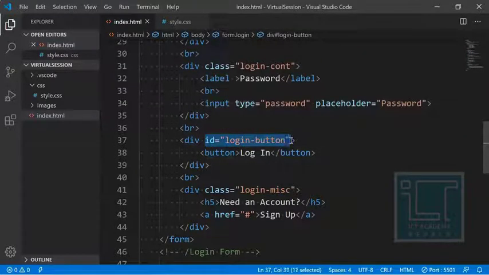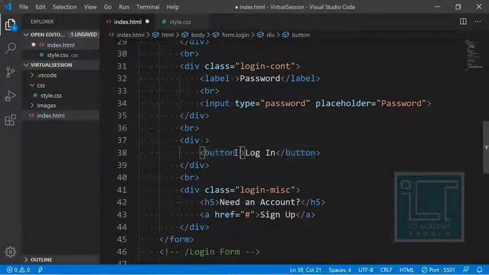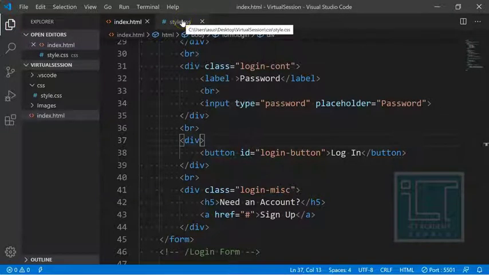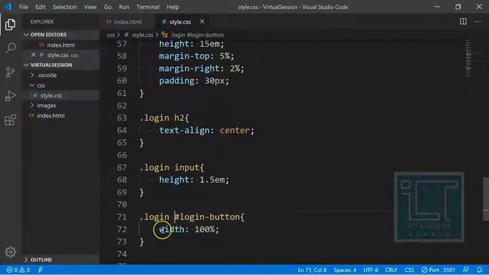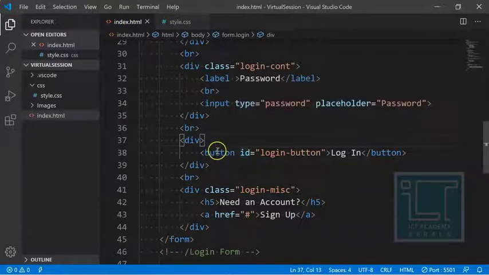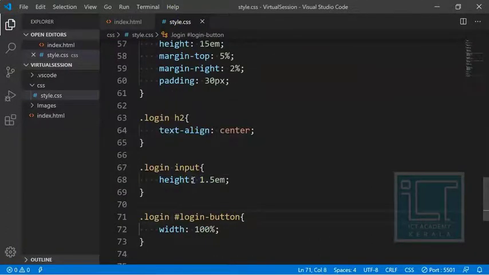If you call the ID of the div, it will apply directly to the div and not to the button. So if you want to give any special styling only for special buttons, we give a special ID for the button. So we are giving the ID equal to login button for the button only. Now let's see whether it's working or not.